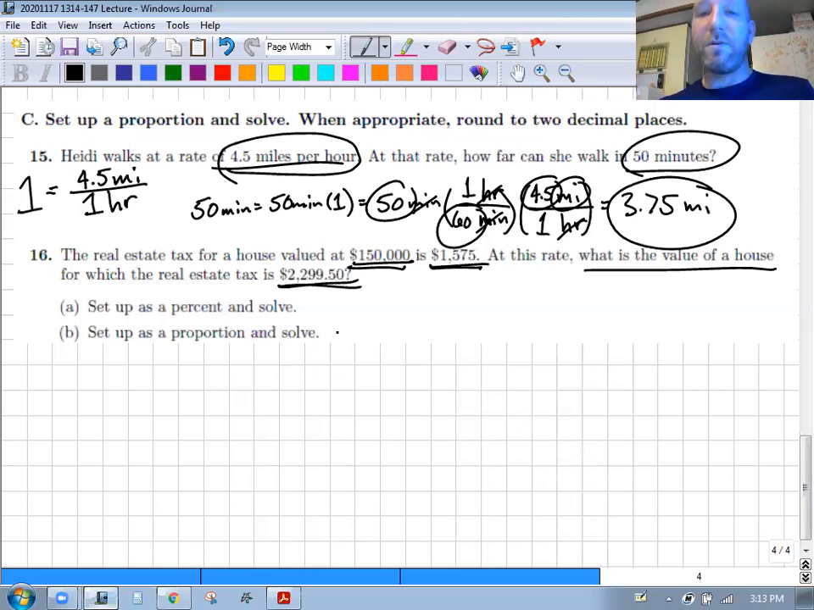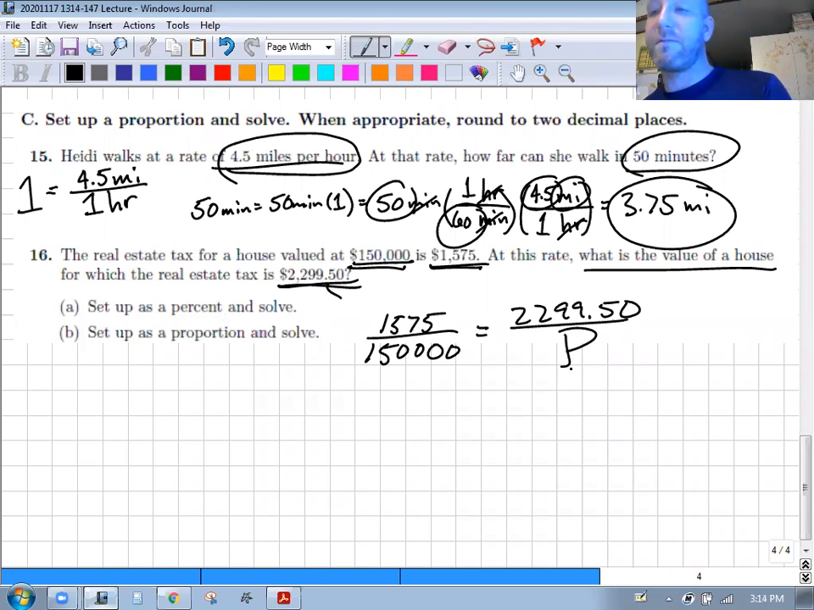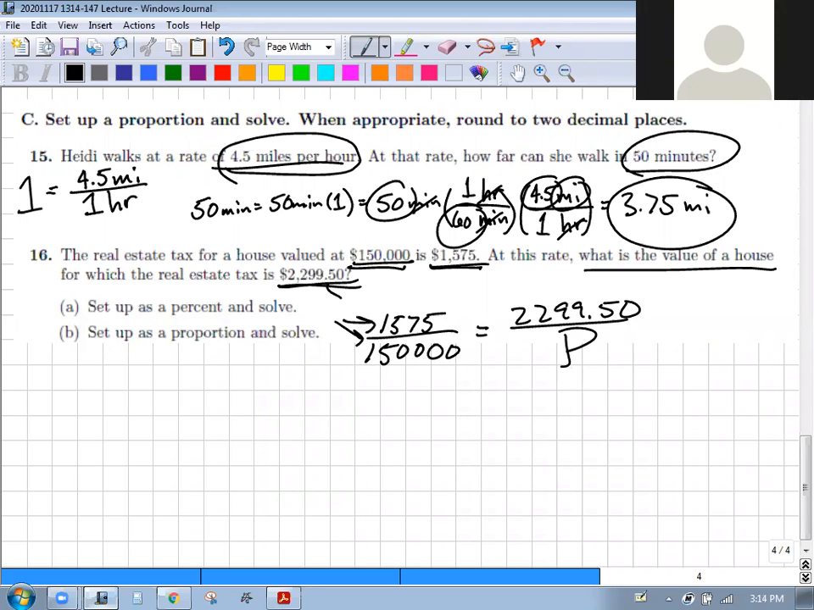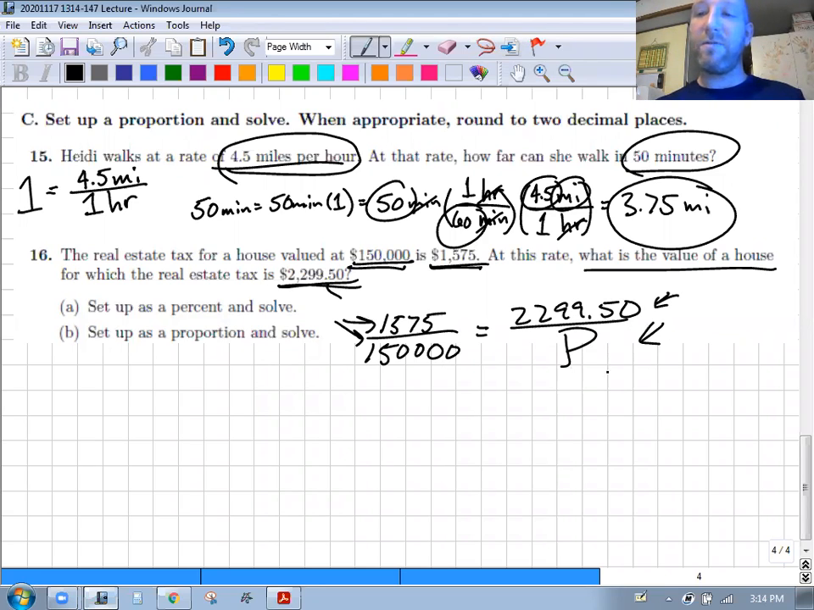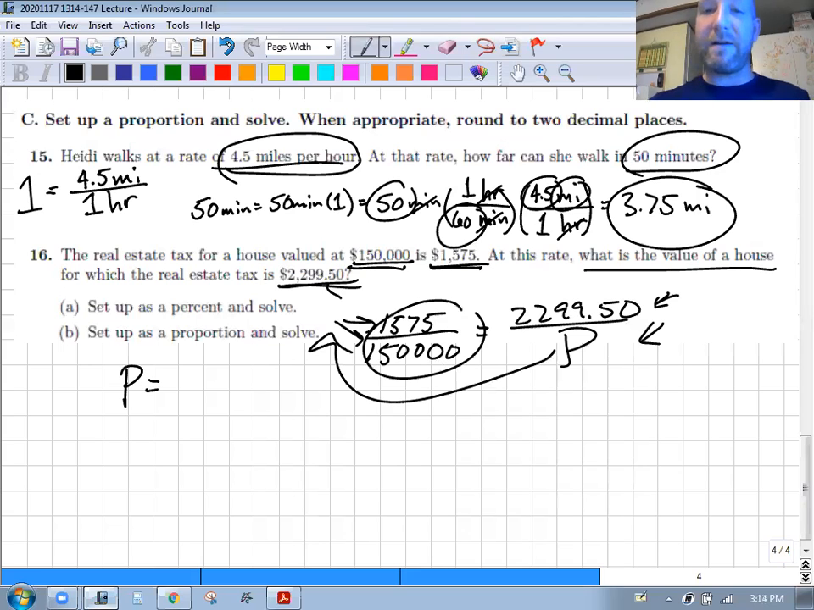Okay, so for part B, let's do the part B first. As a proportion, there's the tax on a house, here's the price on a house. And then there's the tax on a house. What's the price on the house? Does that make sense? Yes. Tax over price. So if we were going to solve this, right, P would be, multiply both sides by P. That'll put the P over here. And then divide both sides by that. So we'd have